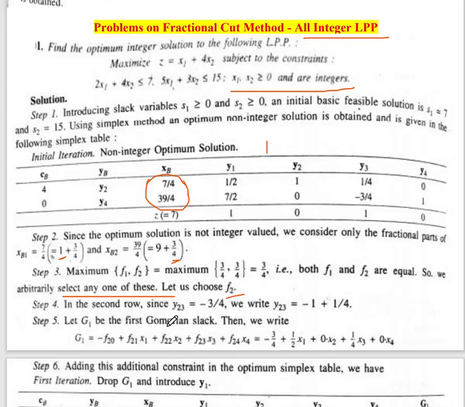So in this second row, y23 minus 3 by 4 can be written with its fractional part, that is minus 1 plus 1 by 4. And now we will add the Gomorian cut G1 into this table by using a slack variable. So G1 is minus f20, because this is the second row, f20 plus f21 x1 plus f22 x2 plus f23 x3 and so on. Using these values, that is minus 3 by 4 means